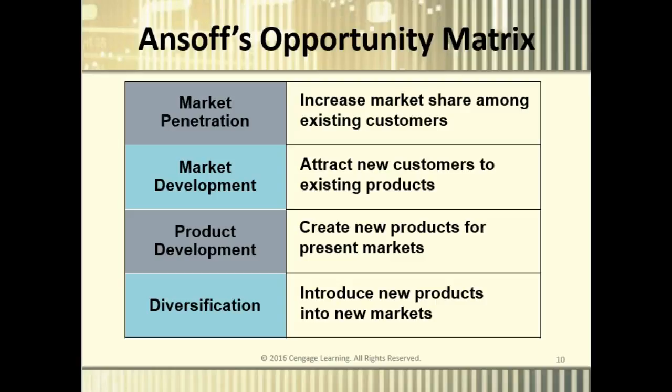Alright, strategic alternatives. This is a slide that I definitely want you to be aware of, definitely for the short answer essay part. So when you're looking at this opportunity matrix, this slide and the next slide will be able to describe those. You can see them in 2 different visuals. You have 4 different directions that you can go: market penetration, market development, product development, and diversification.